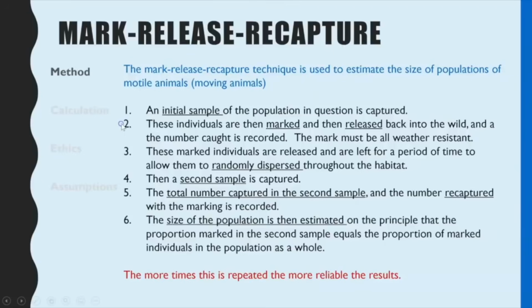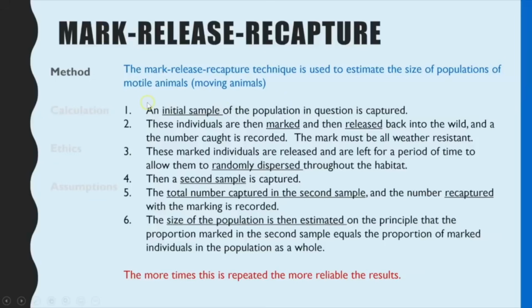So step 1 then, let's have a look at the method. As I just said, this is the method of sampling you would use if you needed to work out how large a population of a particular animal was. So butterflies, different bird species, for example. The first thing you have to do, as the name of the method suggests, is capture an initial sample